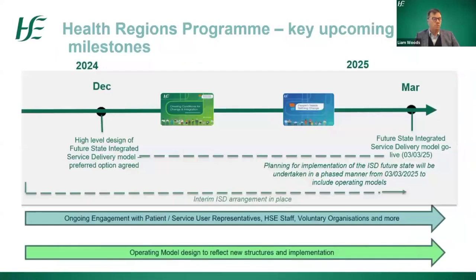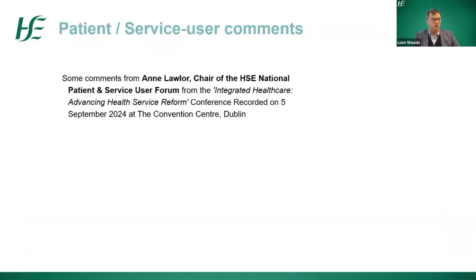And the timelines we're looking at are really through to the 3rd of March to implement the next phase of change and put in place the final structures underneath the integrated health area managers, and so align the whole system into common geographies with a very much a population-based focus, which was key to Sláintecare. So we've moved from an environment where we have separate organisations running acute and community care to having joined up management of those services, with a view to supporting and enabling the delivery of integrated care, but recognising there's a journey ahead for that.